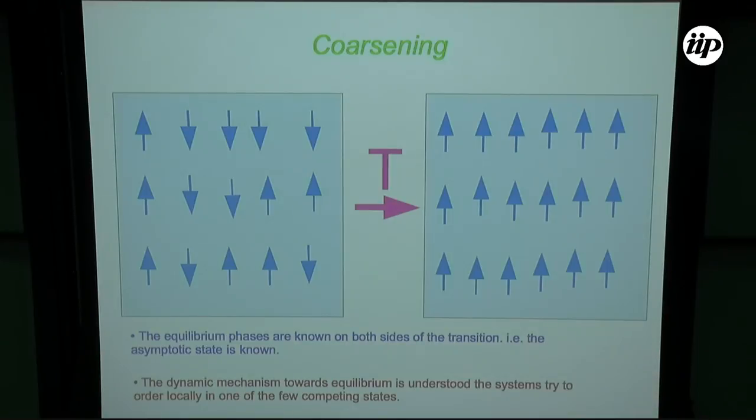In order to describe coarsening, I will use the most simple terminology, which is the one in a magnetic system, because if you have a magnet, we all know that you have a high temperature phase where, let's say these are Ising spins, up and down. At high temperature, they are basically uncorrelated. At low temperature, they point in one of the two possible directions. And coarsening occurs if you prepare your magnet at high temperature and then you quench. So what you have is formation of domains and coarsening of domains. This is something that is very well understood, both from the static point of view and also the dynamics is very, very well understood, although we don't have a